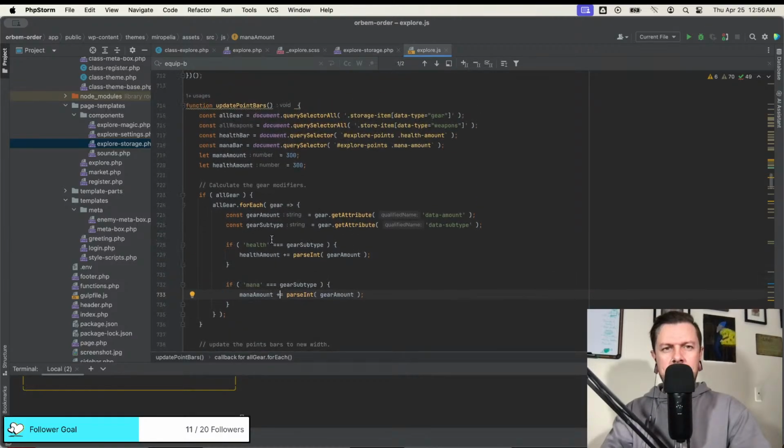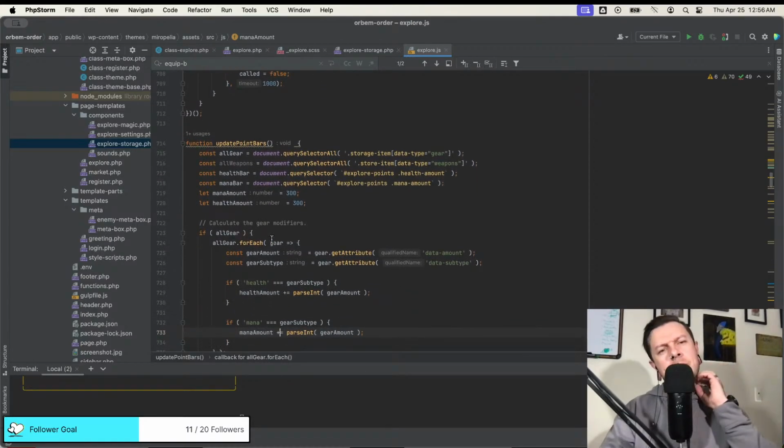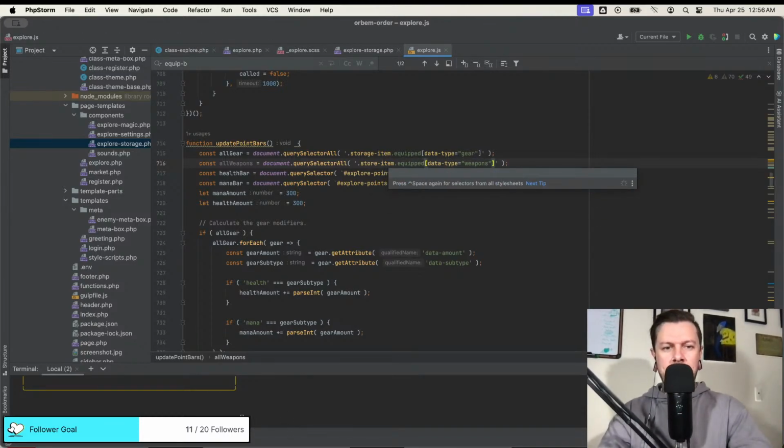So if I... Oh, update point bar. Yeah, it should always start with 300. Storage item. Cute. Oh, I'm just adding it, whatever. I forgot to add equipped. Duh. Yes. See, it needs to be equipped. Can't just be all the storage items. Okay. That was my bad.